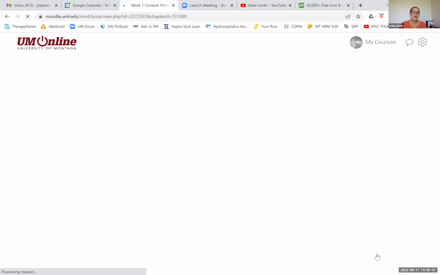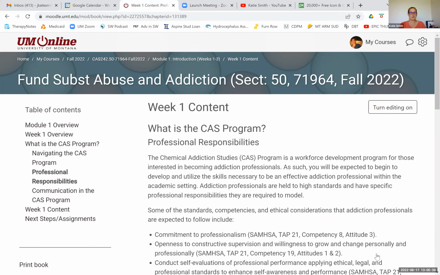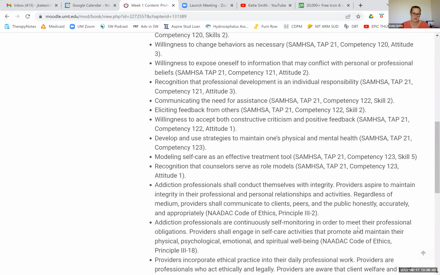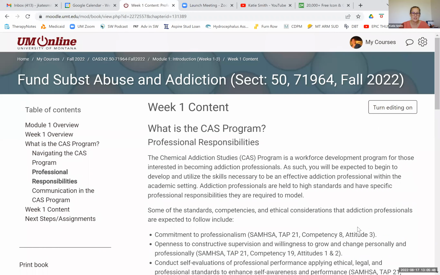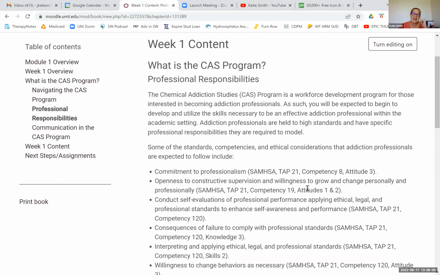So let's talk about some professional responsibilities. Guess what? There are a lot of professional responsibilities. And I will make sure that you have a copy of TAP 21. These professional competencies are not an exhaustive list. There's actually a lot of them, and we are going to review these at the end of the semester in our ethics section.